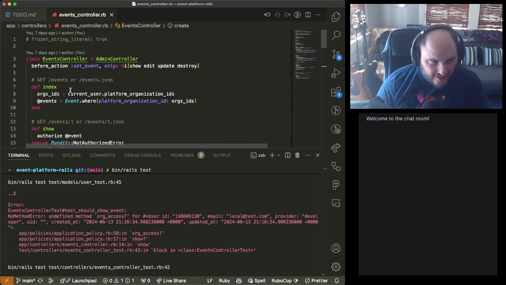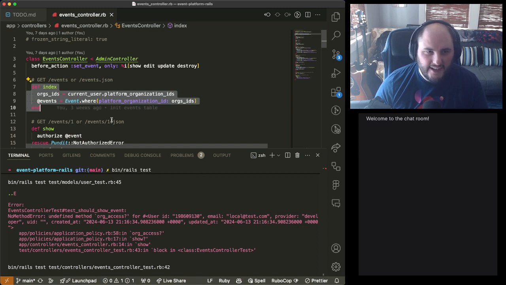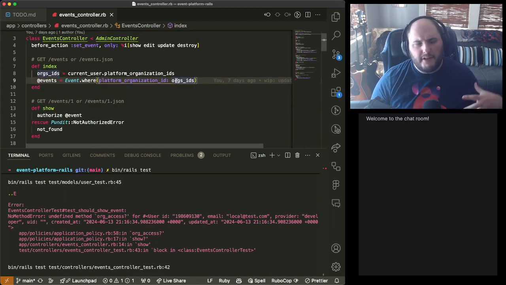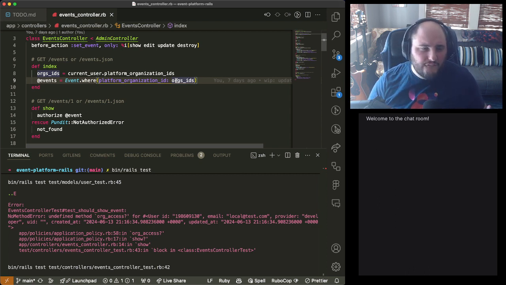So we also have other fun bugs here, like this is showing all the events that this user can see by whatever organization they want. Now, you might be like, oh, well, can't they just see all of their data at once? Totally. That's something that maybe we might want to consider as a user experience. Or the other user experience is just handle one organization at a time. From a security and data infringement perspective, it's better to keep things isolated per environment because we might do some customizations at the organization level that we don't want to bleed across different environments.